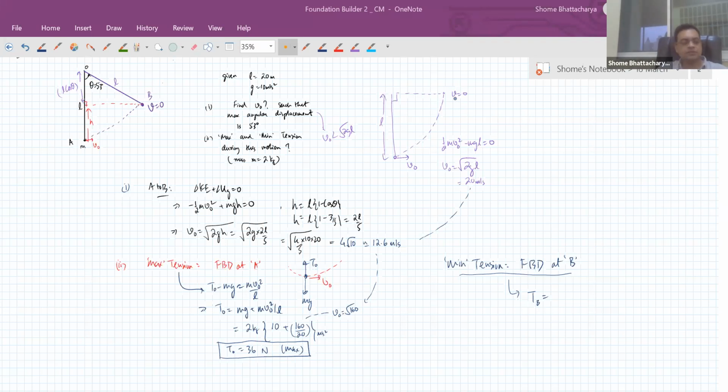Okay. So obviously in reality, that doesn't happen. So with our assumption, what we will predict happens over here is, suppose I've given this the speed of root 160 or whatever, it'll go to 53 degrees on this side, come to rest over there. Then from there it will retrace its path, just like a mirror image situation. It will cross this point with the same kinetic energy as it had before, because there's no loss of energy happening. So that will take it to 53 degrees on the other side. And it will keep oscillating between plus 53 and minus 53 forever, because we are assuming that there are no non-conservative forces. But in reality, you know that with each oscillation, the angular amplitude will start reducing and eventually it will come to rest over here.